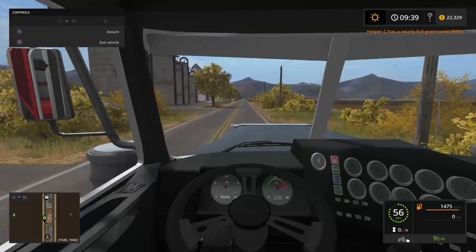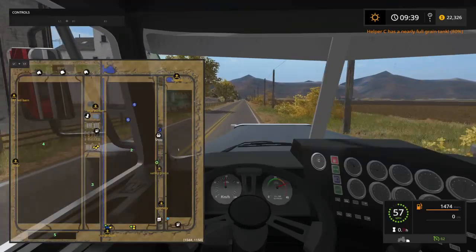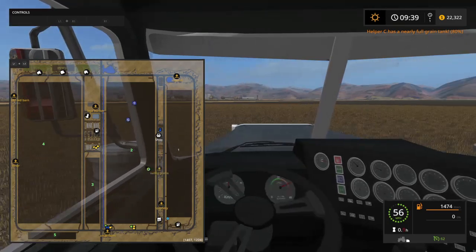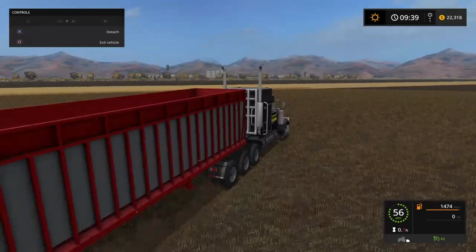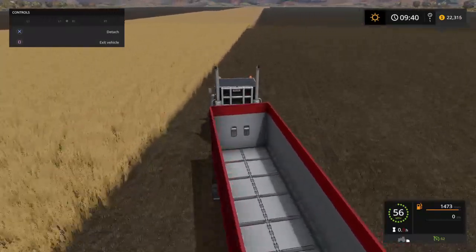Helper C, nearly full of grain, over 80%. You see, it gives you a little notification if you're paying attention. On the map, they're not too far apart right now. With any luck, I do have enough trailers. Hopefully, but...